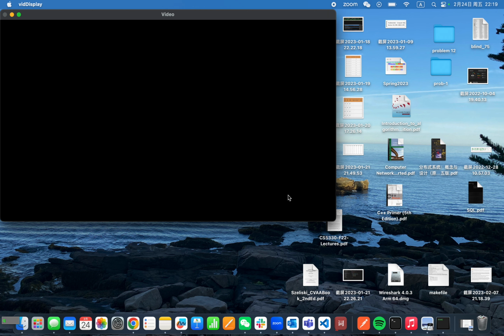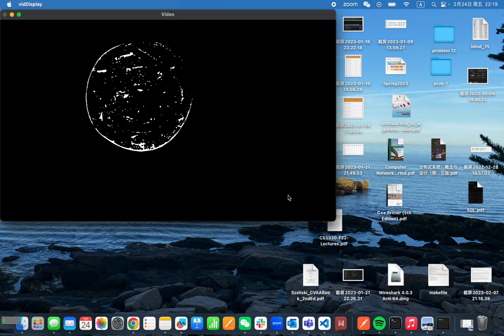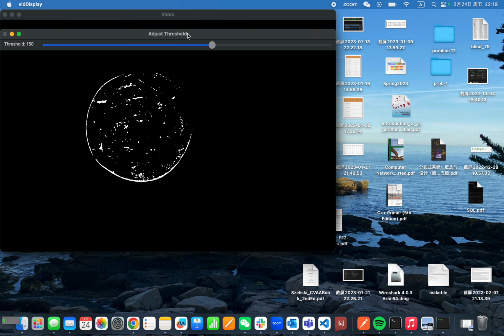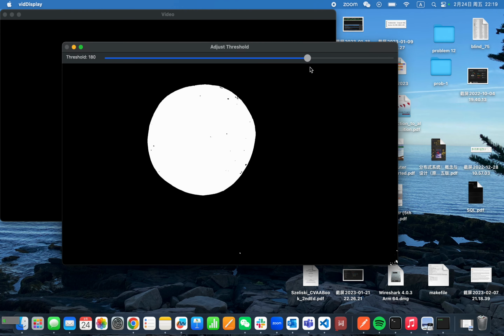And then I can place some kind of shapes under it. For example, I will place a circle under it. But you can see that the threshold is not good enough for now, so I will press A for adjust, and a new window will pop up, and I can adjust the threshold in real time, and I think this one would be good enough, so I press A